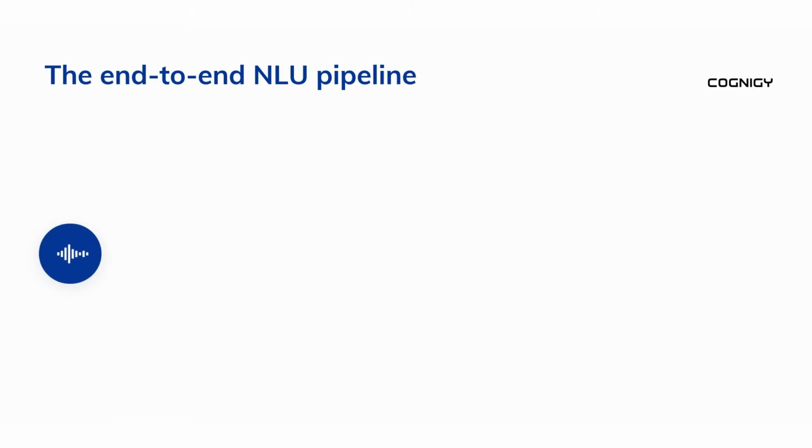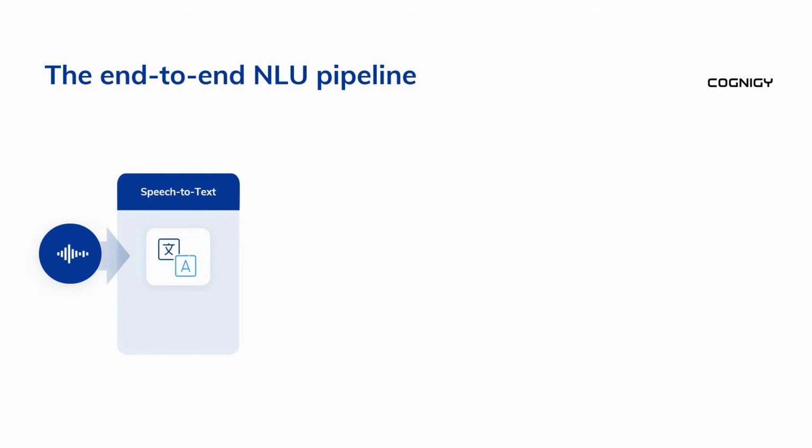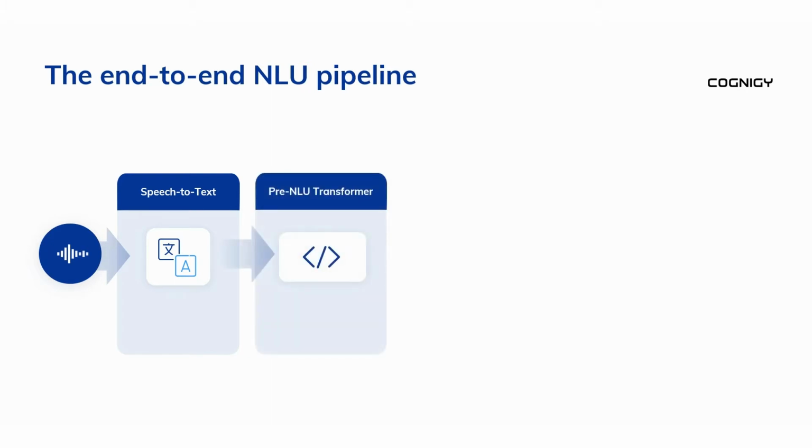The user calls in and has a voice signal. The speech-to-text transcription, also called ASR, is the first step in this pipeline. This is part of the Voice Gateway, and it integrates with a wide range of technologies that can be used for this. The results of the speech-to-text transcription and all of its metadata, so different interpretations, is then being sent to an optional pre-NLU transformer.